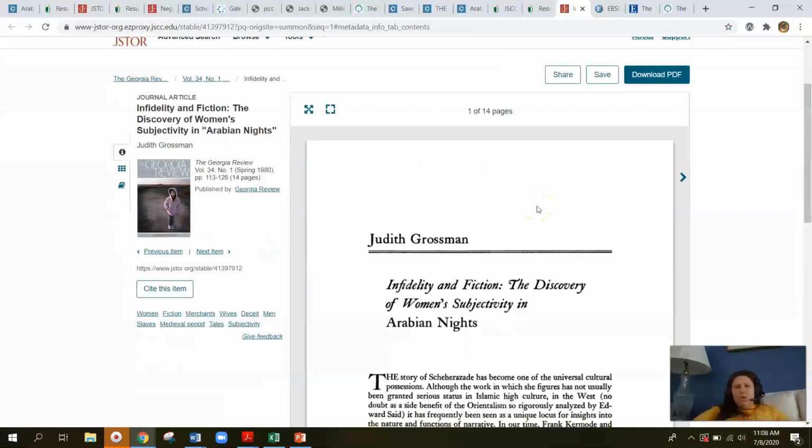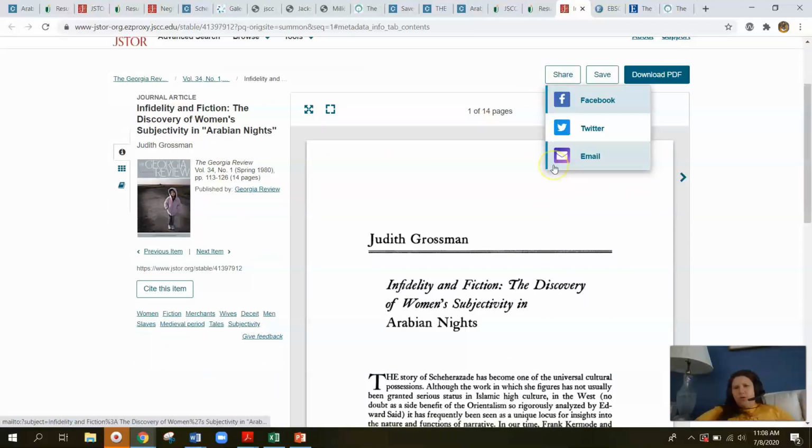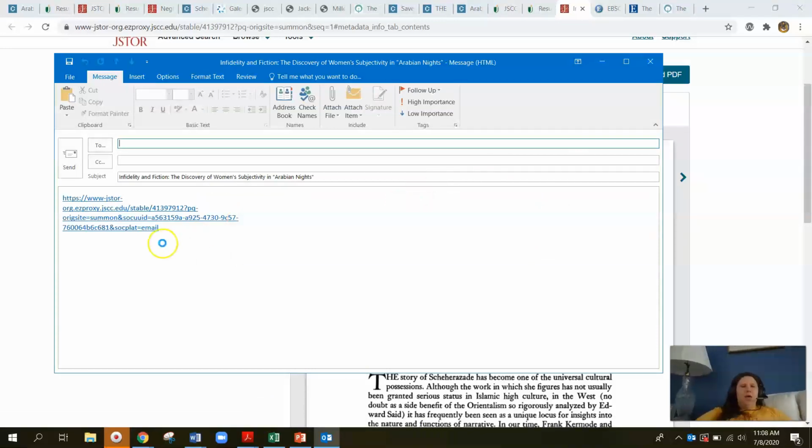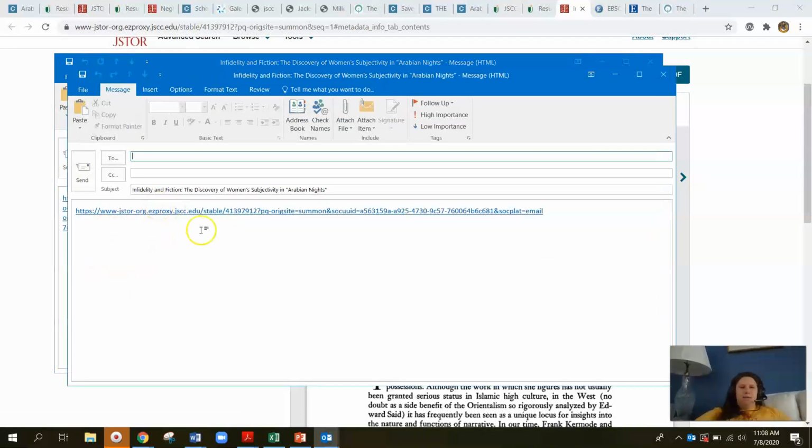Perfect. Now, if you want to download this right away, or share it with yourself so you can come back and look at it in the future, I would recommend emailing it. What I would really recommend is going to the email part, and then, there we go, copying and pasting this link in a file or whatever, or just go ahead and downloading it. I would just do whatever.